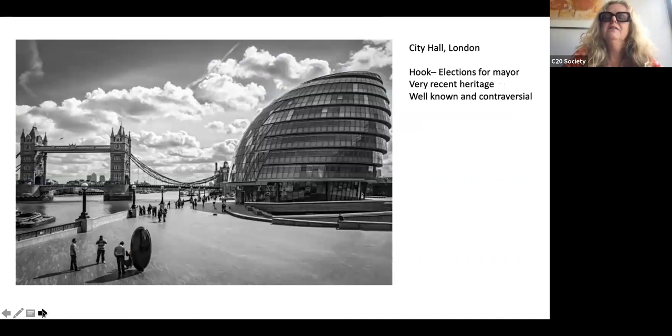So yes, there were a few buildings on the list which frankly were just put there to slightly, I don't know, titillate the press, and deliberately proved to be controversial. So the list was published in the week where the London mayoral elections were happening. So we included this: